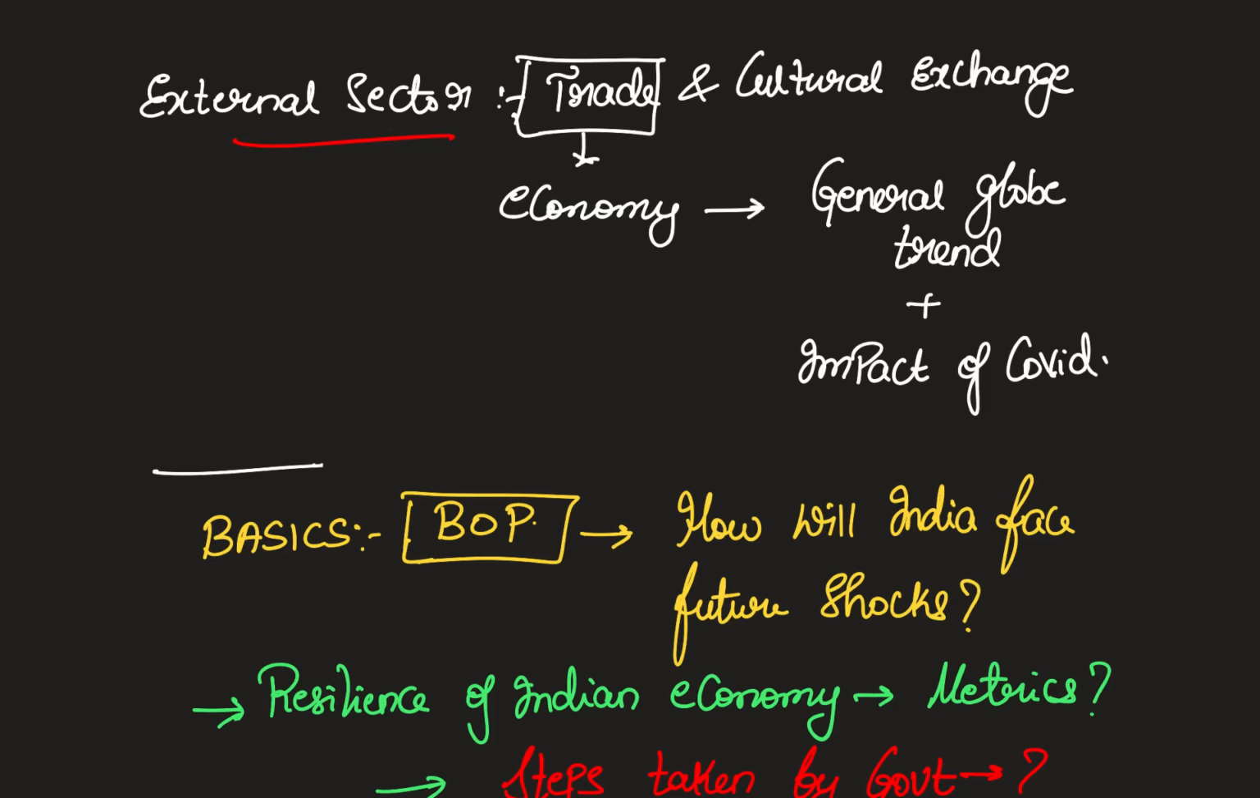When we mean external sector, basically we are talking about exchanges with different countries. What kind of exchanges? Trade and cultural exchange. But when we are talking about economy, we are just restricting our discussion to trade only. So in this chapter we'll be looking at the general global trends with respect to trade and what is the